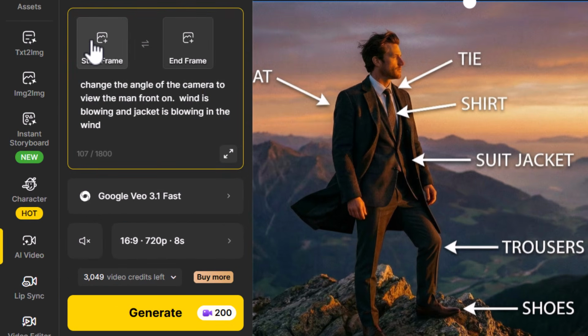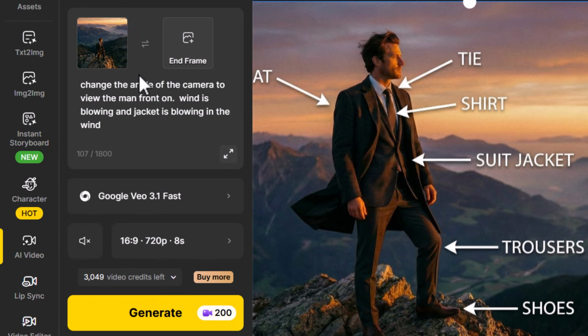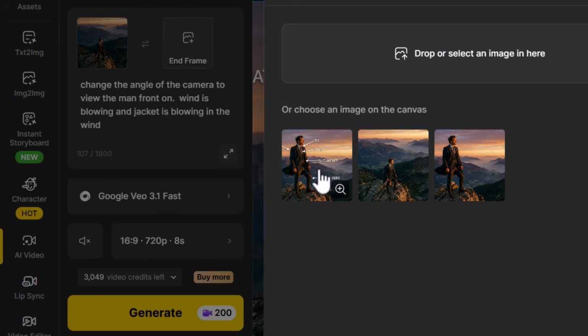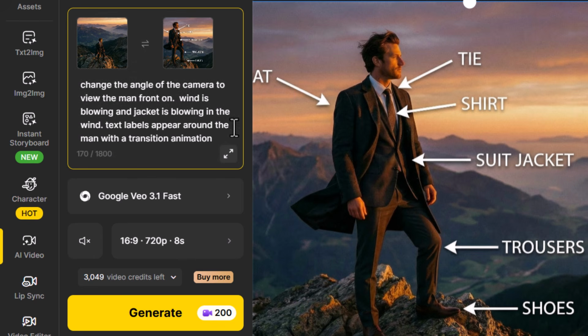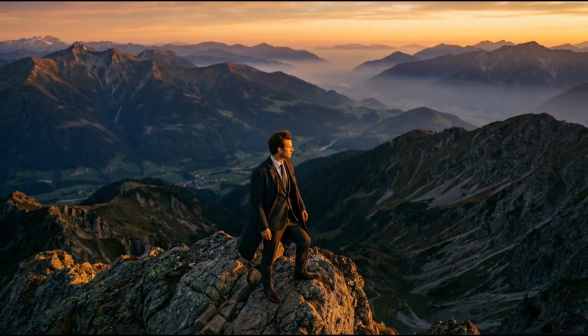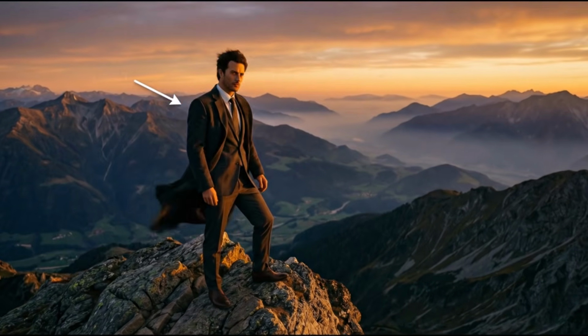I come up to start frame, choose the image of him that is further away, and then for the end frame, I choose the image with the labels. So I had these labels here. I need to add to my prompt something like "text labels appear around the man with a transition animation." So I generate again. Then we get this really nifty effect where it comes in and slowly the labels